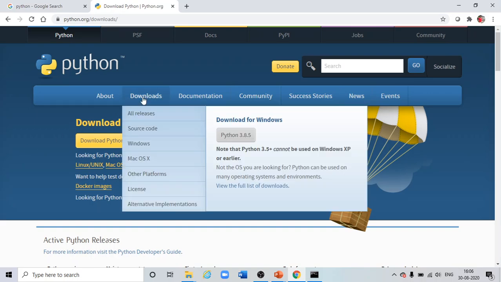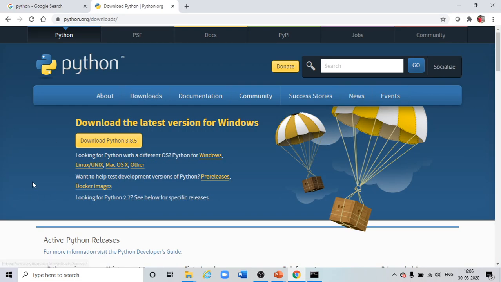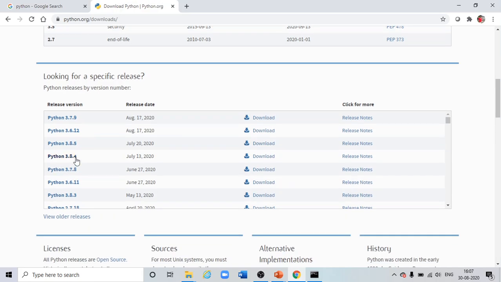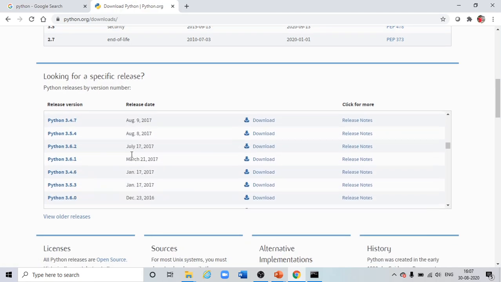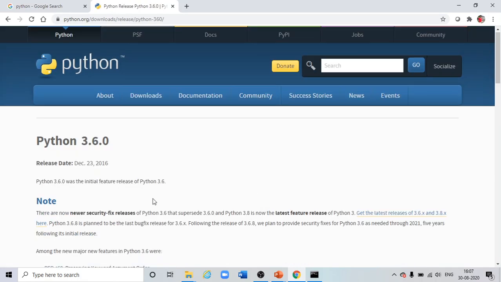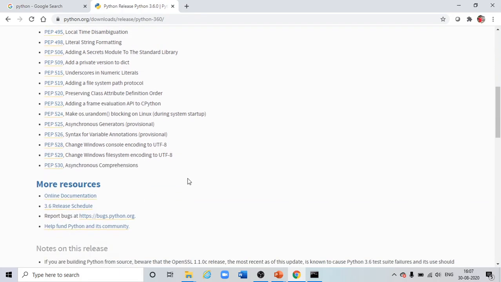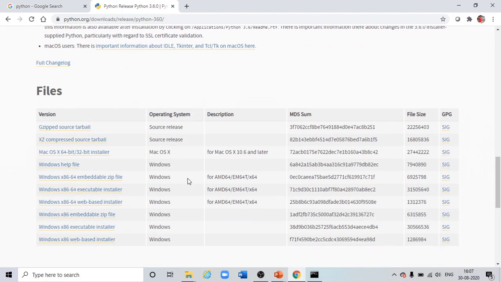So for that I'll click on downloads and select this one, 3.6.0, and click on download. So then I'm getting this screen and I need to select this version with respect to the operating system. So my operating system is Windows 10 and it is 64-bit.